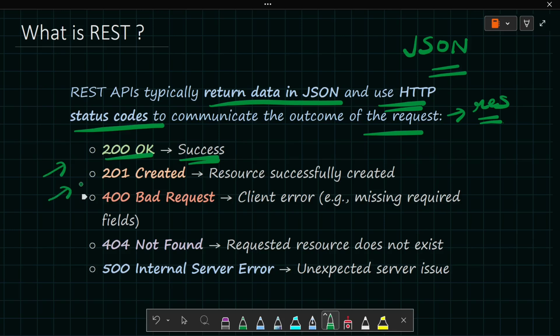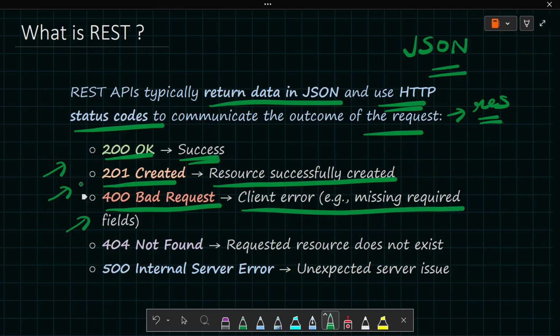And it can also create, like 201 Created, which means the resource is successfully created. And there is a 400 Bad Request, which means there is a client error, like I am not providing the fields correctly. Let's say there is a form and I need to fill it, and I am not providing the required field, which is my name. So username, if you are not going to fill it,